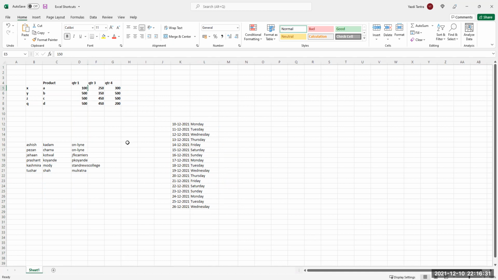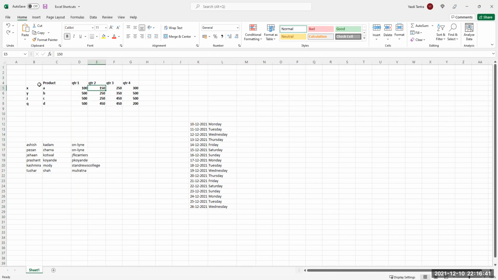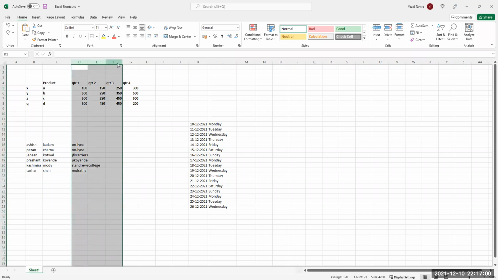I want to get it back, obviously. Either I say Control Z so that I get it back, or I could unhide the way I showed you. But Control Z only works if you immediately want to unhide. Suppose you finished a whole bunch of other operations and you come back, then Control Z won't work. Then you have to select and say unhide. If there are any columns which are hidden, you can unhide them.